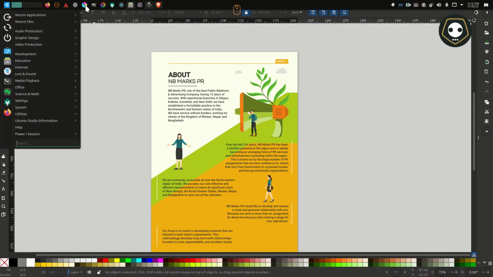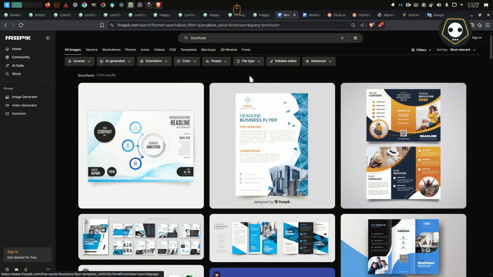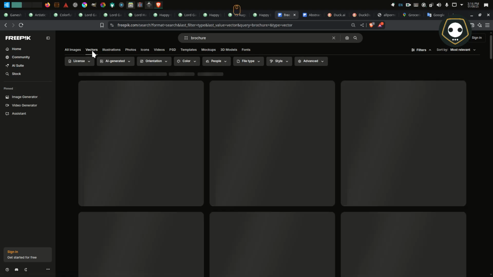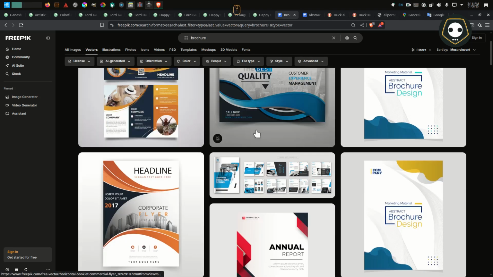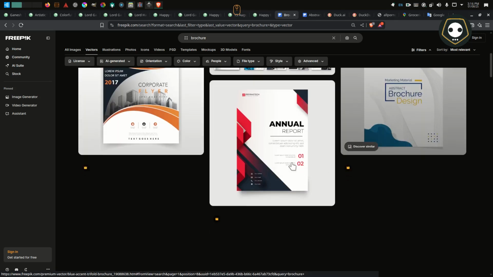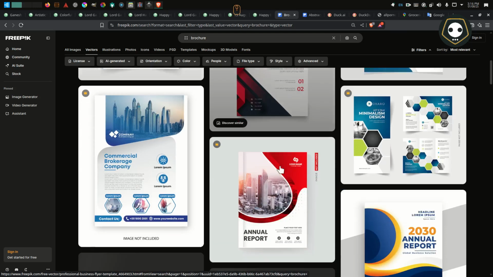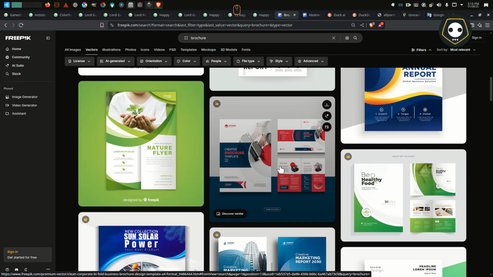To download this file, you go to this website. At first you open Freepik, and click on vector, not all images, only vector, for vector graphics. Some of them provide free files to download.